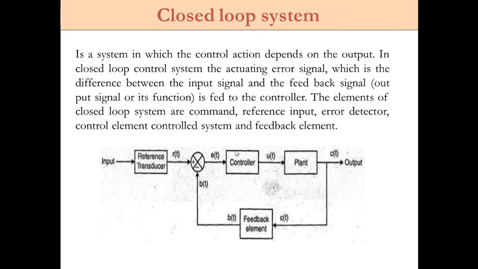The error signal is fed to the controller. What is the function of this controller? It will actuate, or regulate, the actuating signal to the plant. That actuating signal is fed to the plant, where the process happens, and then it gives you the desired output. So in such systems, the output or part of the output is fed back to the input for comparison with the reference input applied to it. This is the basic general block diagram for the closed loop system.